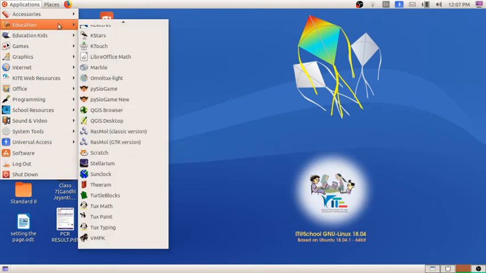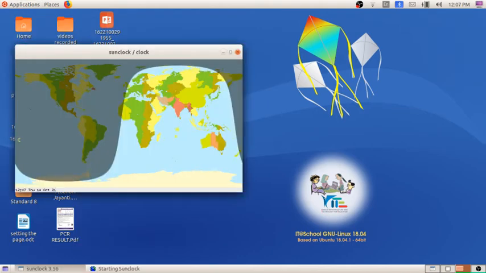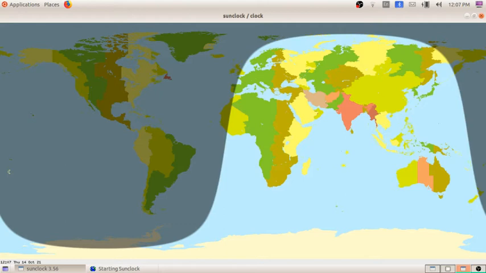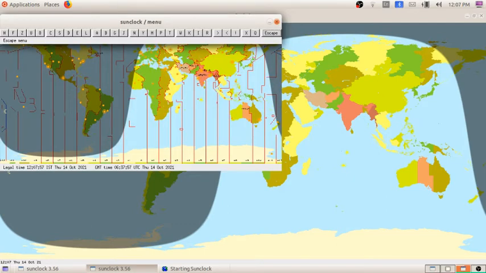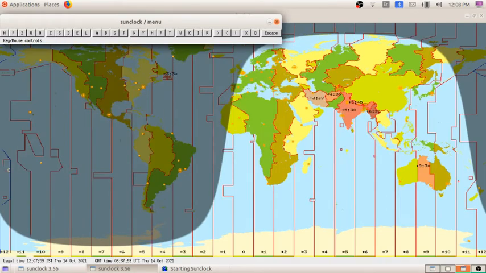Application, education, SunClock software. Open this. Next I am selecting the option Chennai.